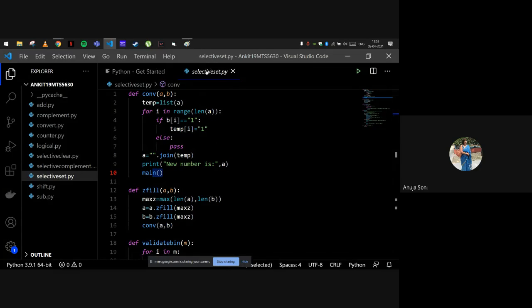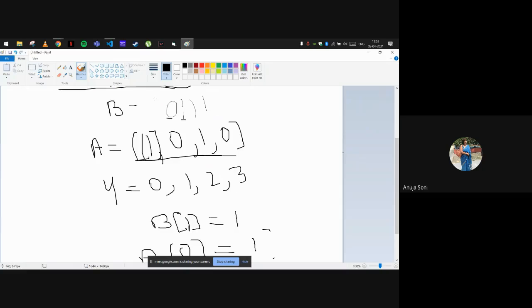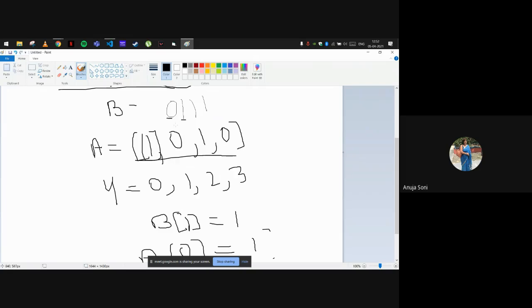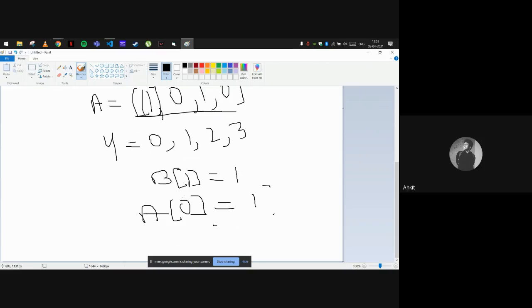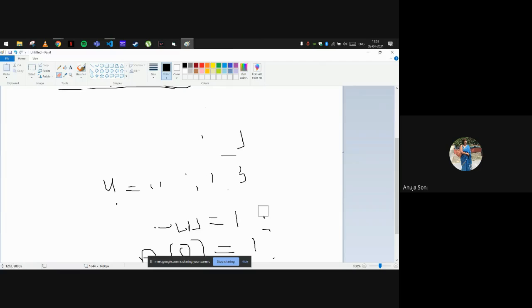Ankit, just go back to the example you have illustrated just now. It will be A1. A of 0 no, A of 1 will be equal to 1. 0 is specifying the index. Yes, ma'am. You have written the value in the main list. I think this is not the value, this is basically an index. Ma'am, I was going to specify the index. Correctly, you have to make use of notations.